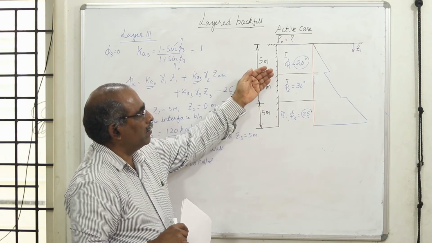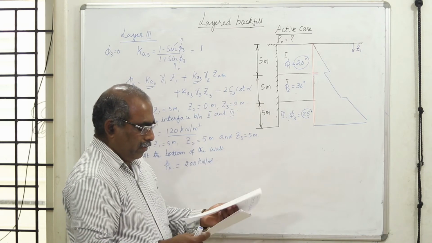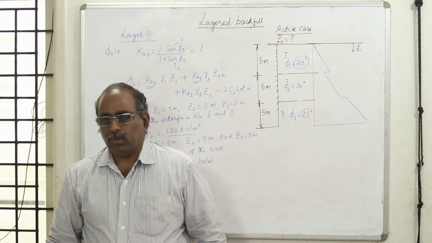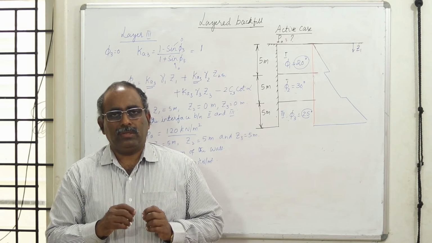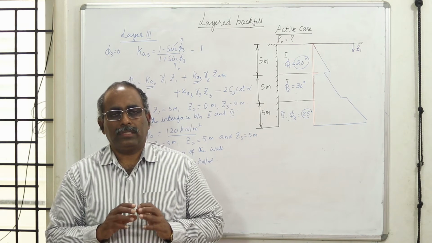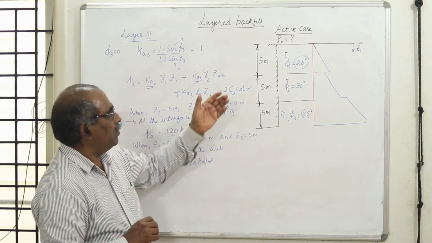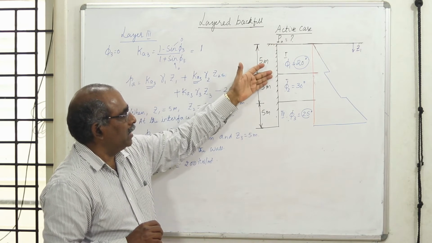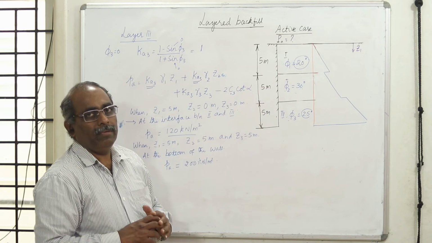And you have seen how we have both cohesion and cohesionless material, how we can get the pressure distribution. This is the variety of problems we can expect for the examination. You need to be prepared. We should know what properties are given. We should draw the proper diagram. First you need to develop an expression for the intensity of pressure, taking all the properties into consideration. Then once you have the expression, substitute the limits and find out what happens when z is equal to 0 and z equal to the value of the first layer, then similarly for the second layer and the third layer. At the interface you need to be very careful.